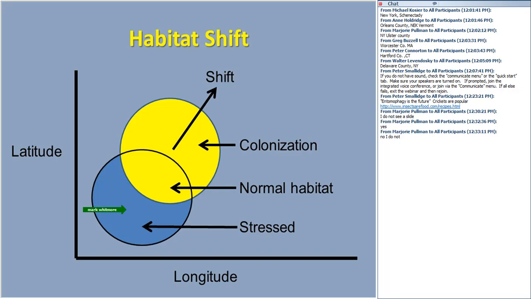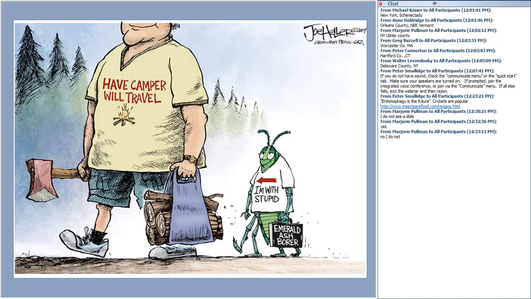So what happens in this stressed area? Are we going to have insects that aren't normally problems all of a sudden become a problem? Are we going to turn insects that are normally secondary insects into primary tree killers? Are they going to be creating more problems? I don't know. But I can't help but think that it's going to be a very interesting time period over the next few decades, watching how things change and watching the different pests and how they respond to that change themselves. Yes, we're in exciting times in forest entomology.